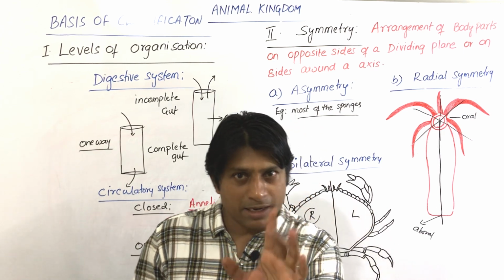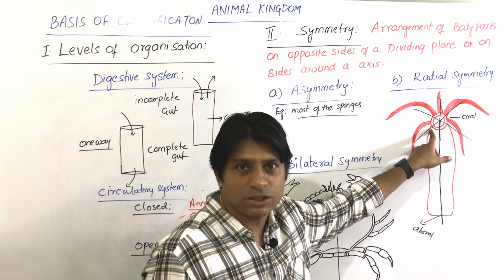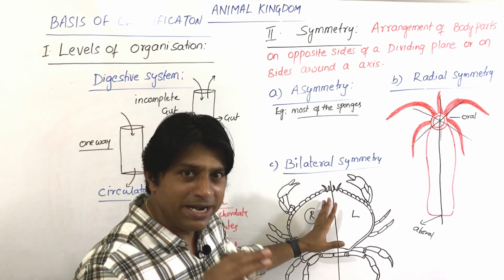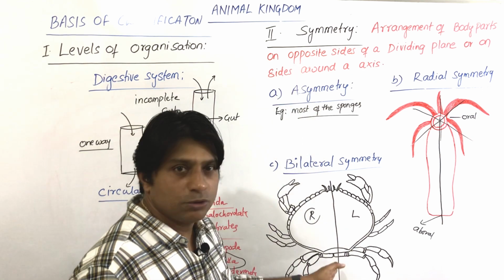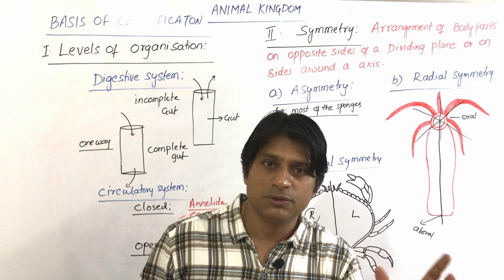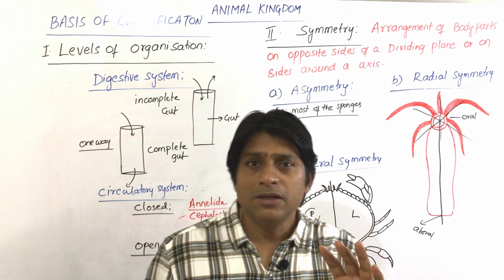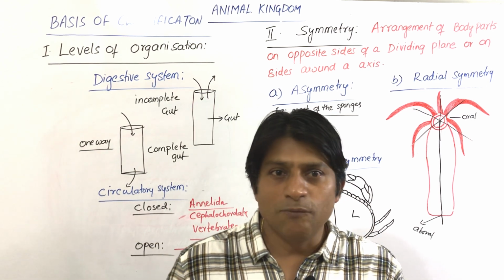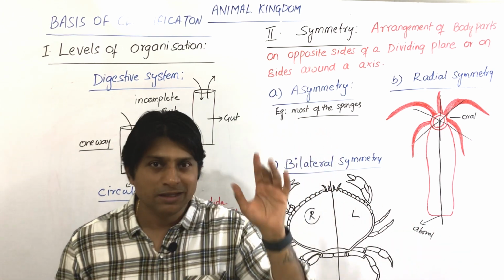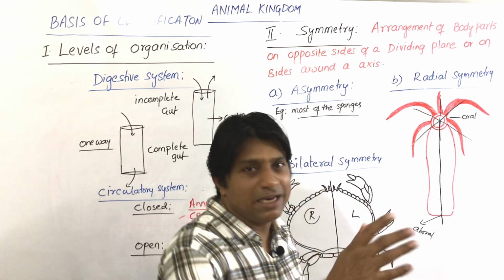Remember, in radial symmetry, many planes or any plane passing through the central axis of the body will divide. But in bilateral symmetry, only one plane, that is median sagittal plane, passing through the principal axis can divide the animal into two right and left halves. We call them antimeres, which is called bilateral symmetry. Now, no animal in the animal kingdom will exhibit a perfect symmetry. This is one point. Next, the second thing you have to remember is, while classifying the animals or